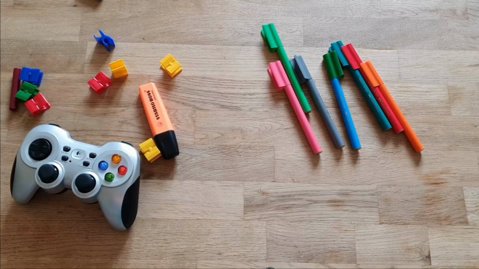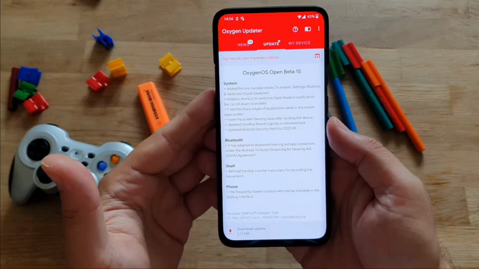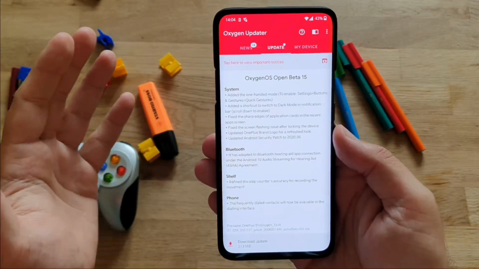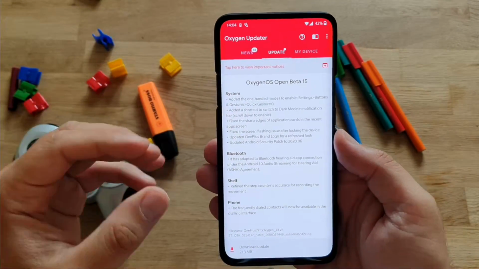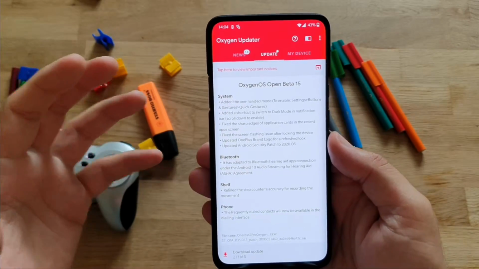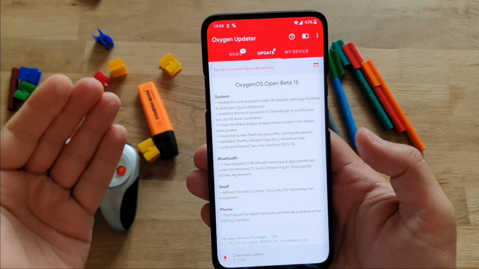Friday, right? Today's Friday and very often we have very good news on Friday. Today is not an exception, guys. Look, Oxygen OS OpenBeta 15. And this time I really see that we have some tangible updates. Things that we can really use, handy things like the one-handed mode,